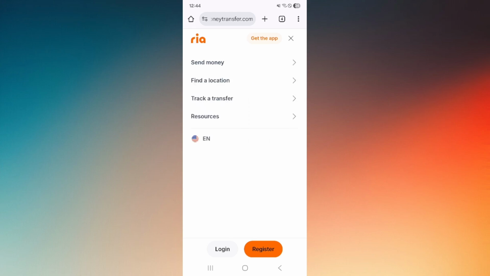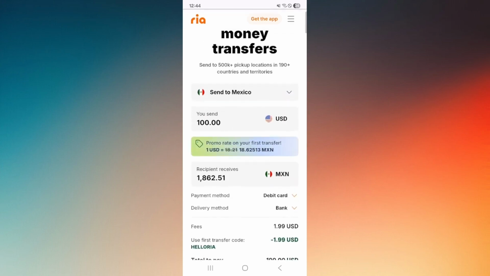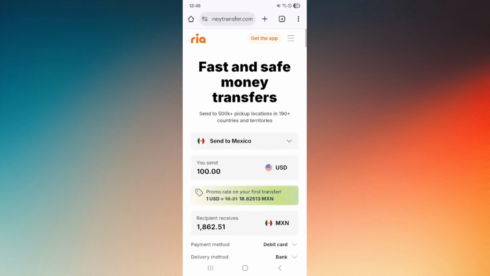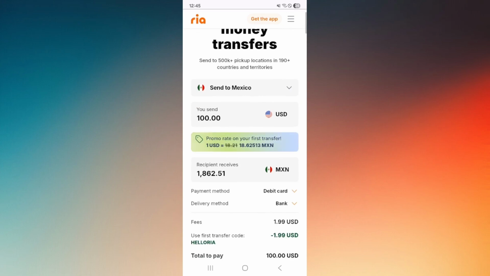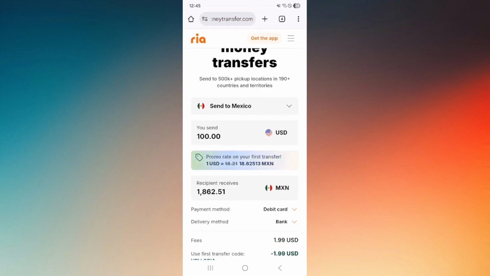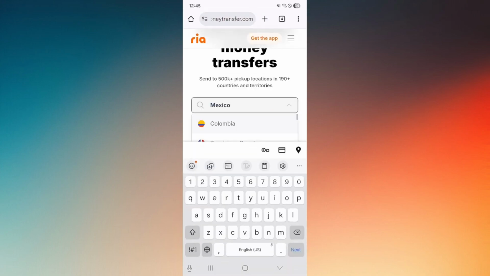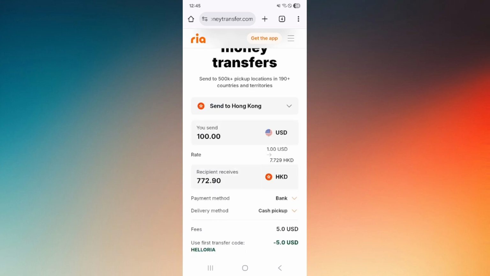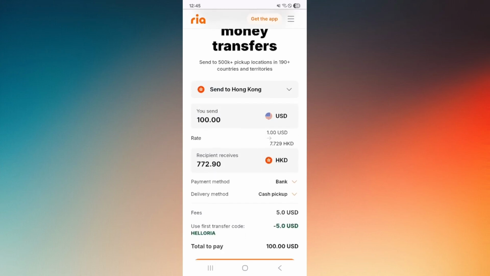Now, if you would like to transfer money online, this is how you should do it. Log in to your Ria account from the application or from this official site. In here, you can change the currency or the country where the money is coming from. Say, for example, in HK, and then it will automatically be converted into the specific country where you will be